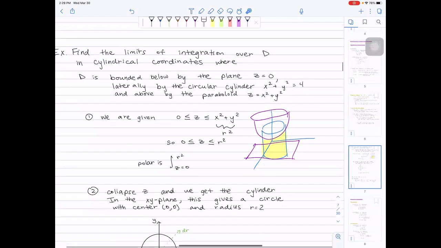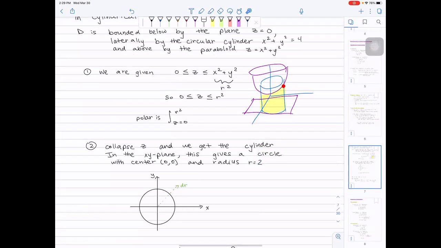Next step, we collapse the z-axis, and what are we left with? Well, you can imagine that you're left with this cylinder part. So think about the shadow, and in the xy plane, you're just left,